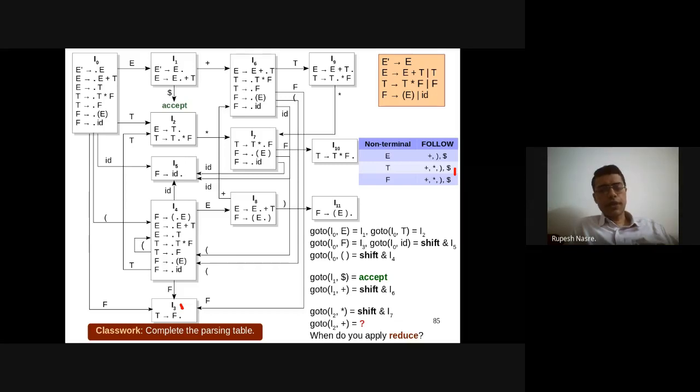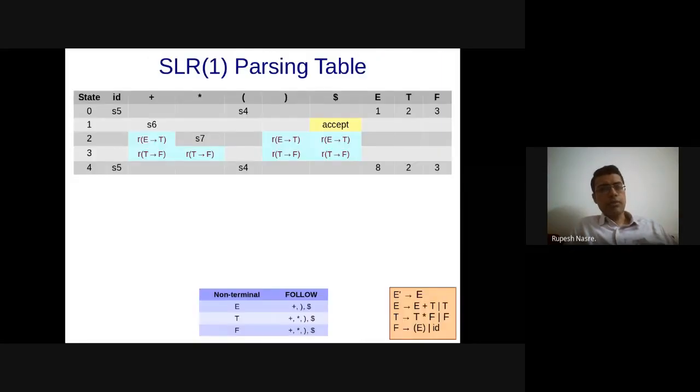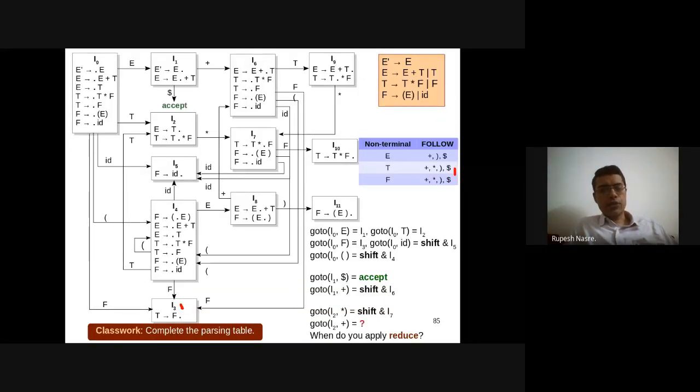So what are the shift entries on tokens possible? Well, there is nothing flowing out of I3, and therefore there is no shift as well as no go to on a non-terminal possible in this case, right? So we'll only reduce in I3, that is correct. Whenever you come to I3, if the next input symbol is plus, star, opening parenthesis or dollar, then you are going to apply T deriving F. So that seems to be fine about I3, okay?